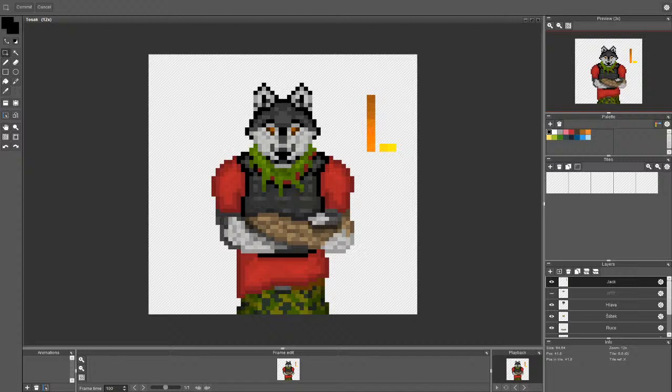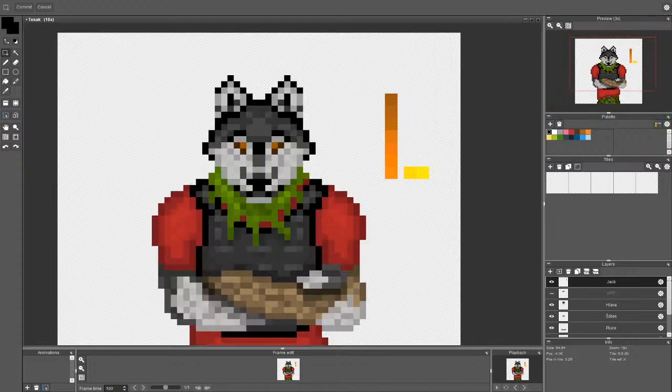So the goal for today, for this stream, is mainly to make an animated icon for the Discord server. Right now we have this icon, which is Mr. Fang, and the goal is to make him look more appropriate for the time of the year, which means we will be making a Halloween version of Mr. Fang. We will replace his head with a jack-o'-lantern, and then we will make the jack-o'-lantern something cool, I guess. I don't know exactly what. So let me start with that, and then we will figure out what to do next.